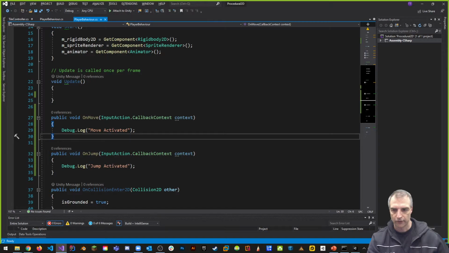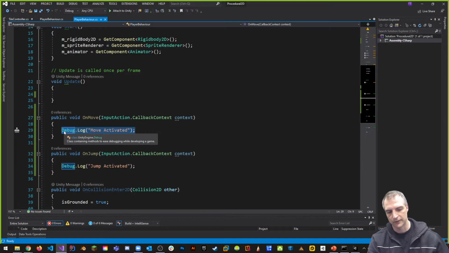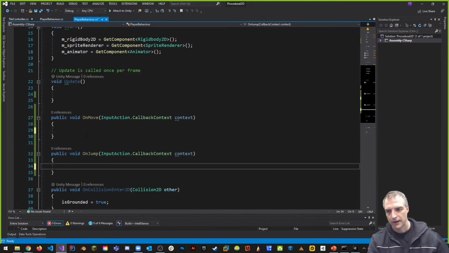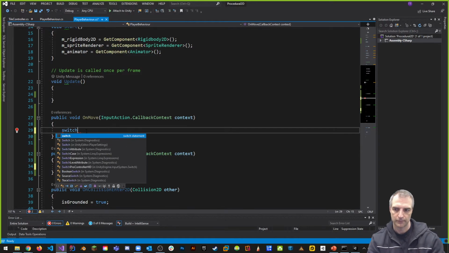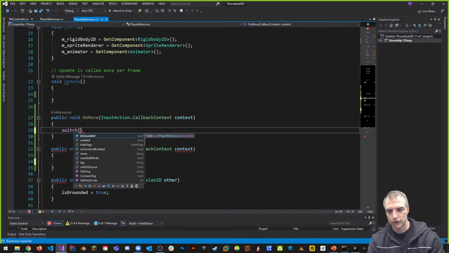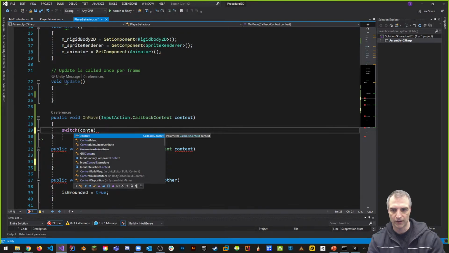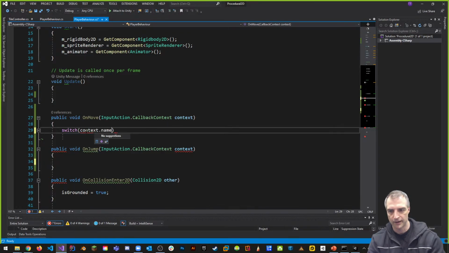Now this is where we're using binding again, so be careful. There are other ways to do this. If you know how to use the new input system, you may have learned to do it differently. I'm going to do it so that it's a little bit understandable. The way to do it is in the move activated area. Let's get rid of these debug logs now because we know it's going to be here. I want to do a switch case, switching on which context name I'm going to get. So if I say context.name,